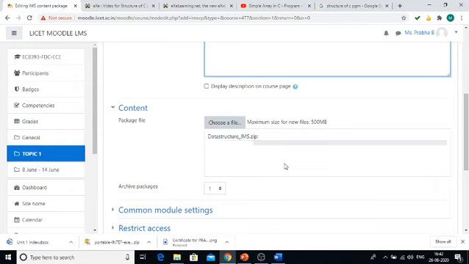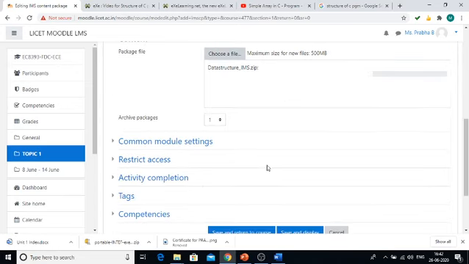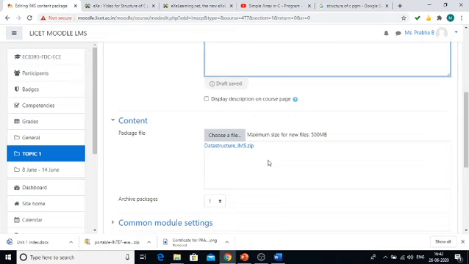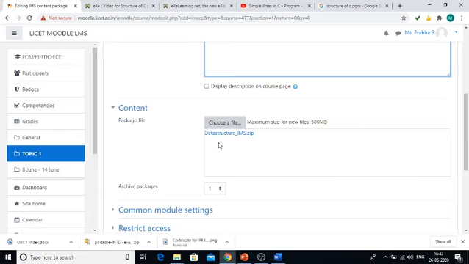Wait for some time until the entire zip folder is uploaded 100%. The maximum size you can upload is 500 MB. Once the zip file is 100% uploaded, you can see the file name change to blue font.